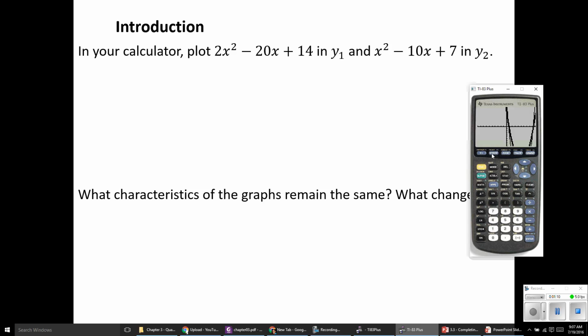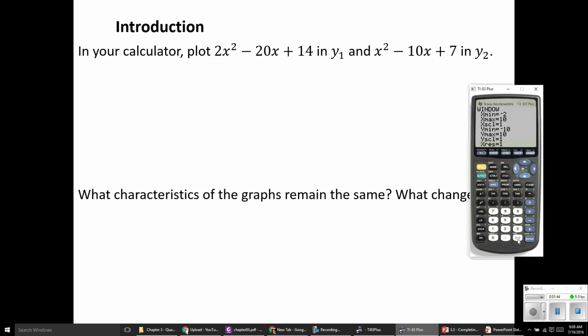So what I'm going to do is adjust the window. It looks like going from 0 to 10 would be a more beneficial x-axis range, and we want our y-axis to show a little bit more. We don't see where the vertices are, the vertex of each of those two graphs. So under window, for x-min, I'm just going to type in -2. That'll show me the y-axis, and it'll also not show me all that empty space off on the left. So it's going to start at -2, working all the way to the right to +10.